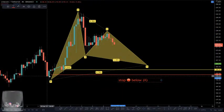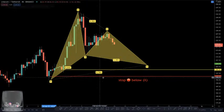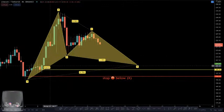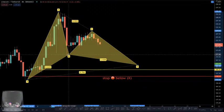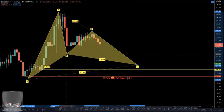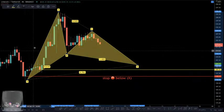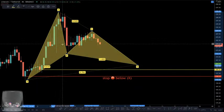You could almost use these previous closes as your stop too. Stop below here. Either way, 786, because look, you got a 618 here. So see how we're looking for this 618? Right there would have been a 618. Sorry, this mouse is touchy. 618. So if you go X, A, initial impulse, retrace